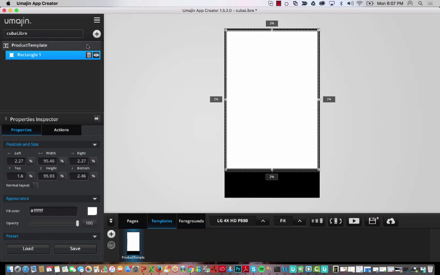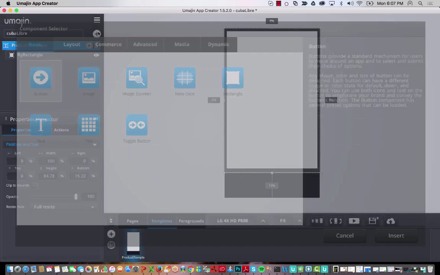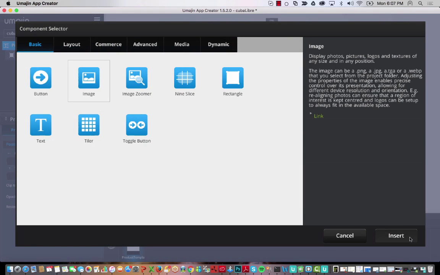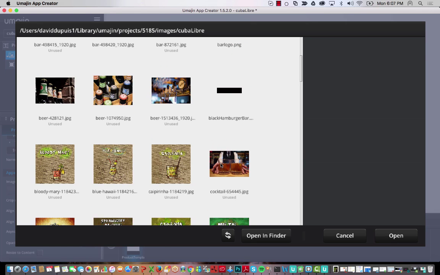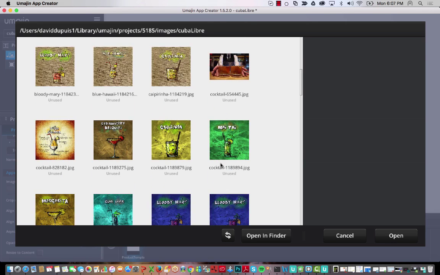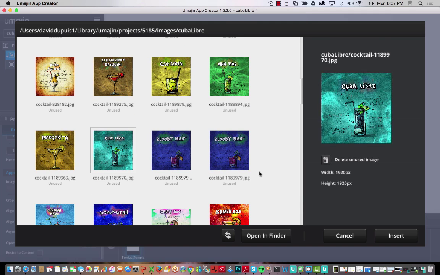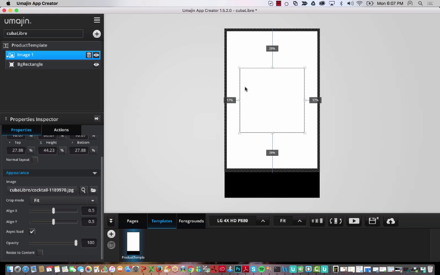Okay, so next we're going to call this rectangle BG, background rectangle. And now we're just going to go ahead and add an image. And this image is going to change. As the list gets populated, this image will change. We're just going to go ahead and put the